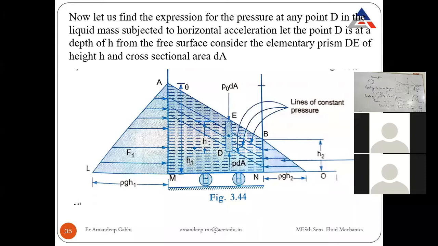First of all, the first force is the pressure force, that is, the pressure exerted by the liquid. The second force might be the weight of the liquid. Now let us see, is there any other force acting on the surface? The two very common forces are: one is the pressure force, P is equal to rho g h, and the second is the force due to the weight of the element, mg.